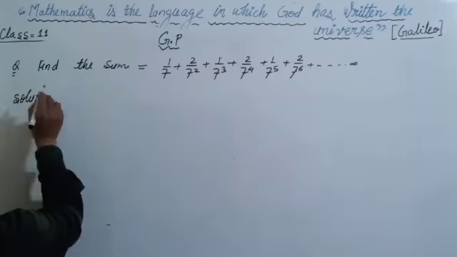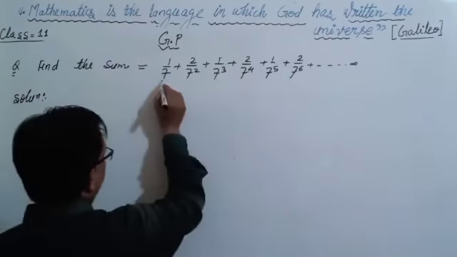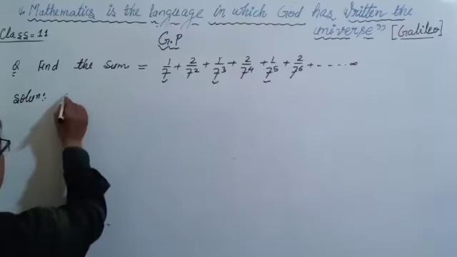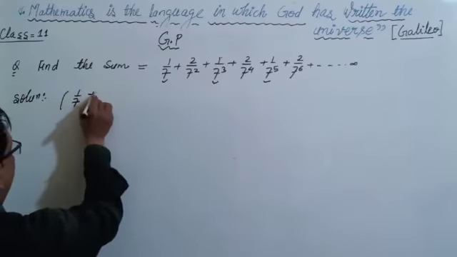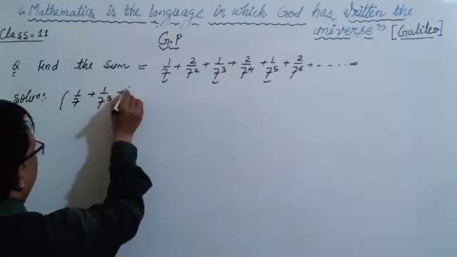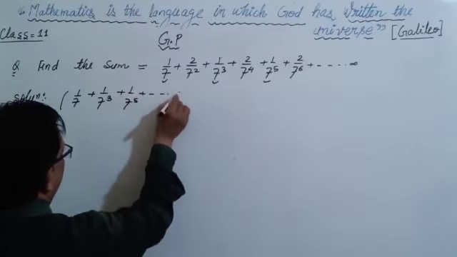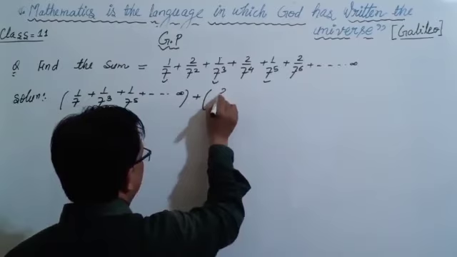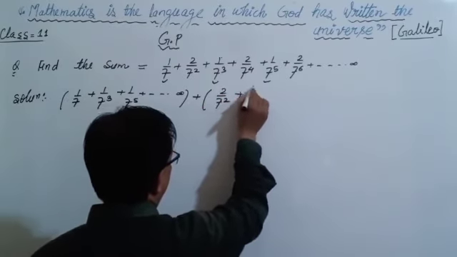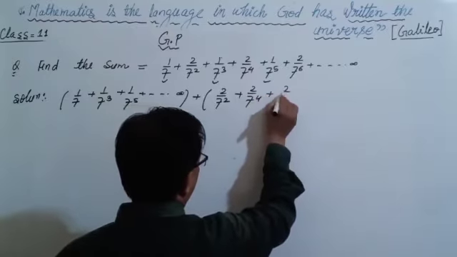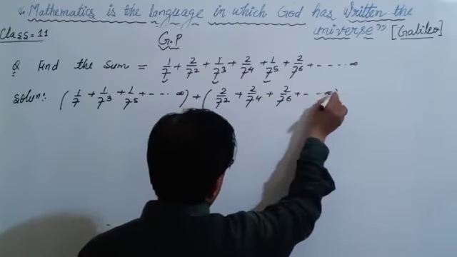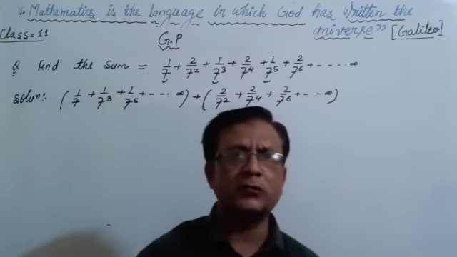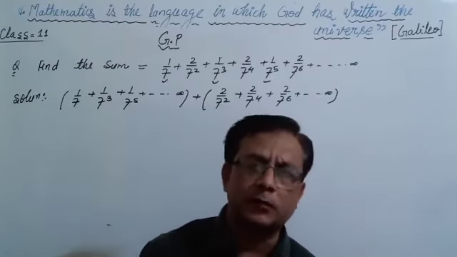What do we do here? We club the same terms. These are the same terms. So we club these and write in a single bracket. So here we write 1 by 7 plus 1 by 7 cube plus 1 by 7 to the 5 up to infinite. And in the second bracket also we club the same terms: 2 by 7 square, 2 by 7 to the 4, 2 by 7 to the 6 plus up to infinite. So always remember that if a mixed series is written, then take the pattern and club the same terms.